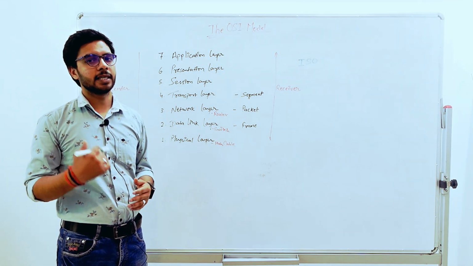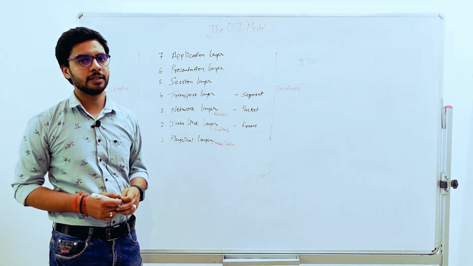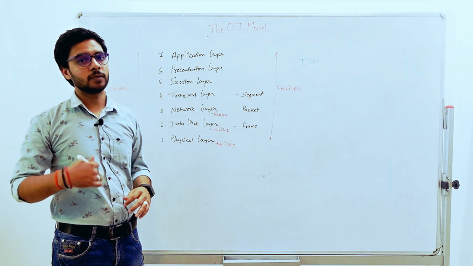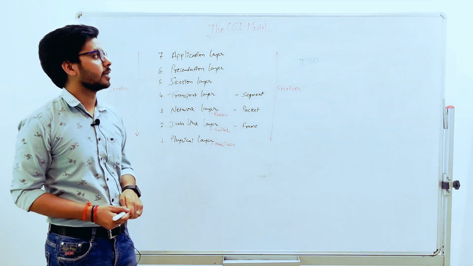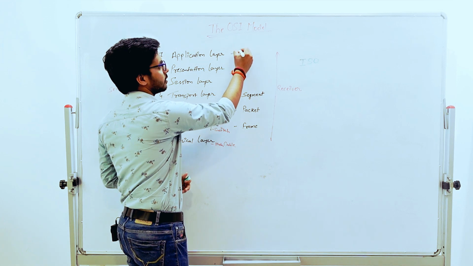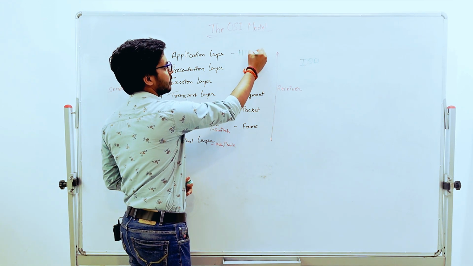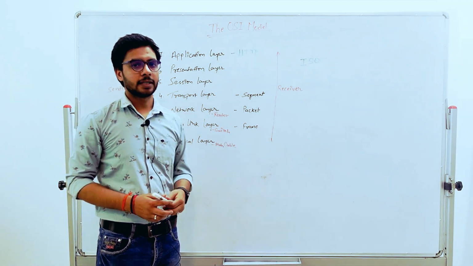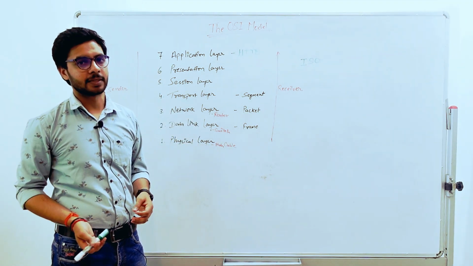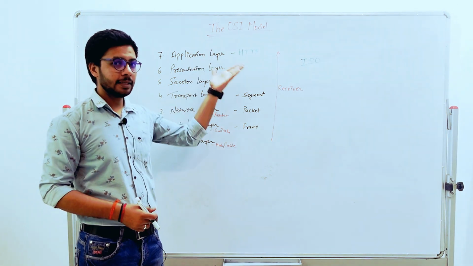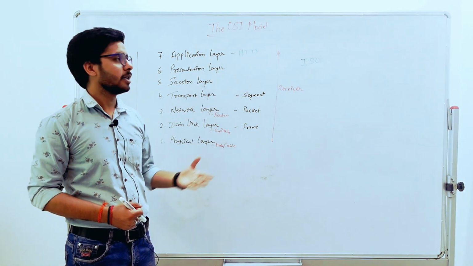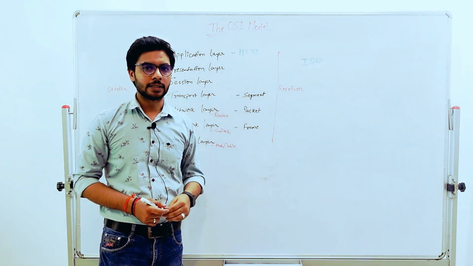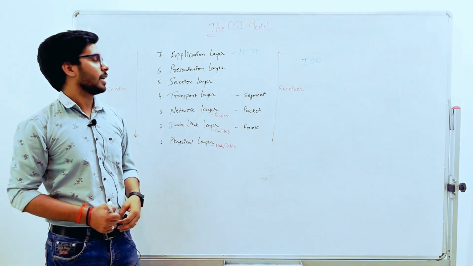Let's say if I'm saying that you are using a web browser for initiating the communication, your web browser itself is not the application layer. Your web browser depends on the application layer protocols. If I talk about some application layer protocols, one example you can take is your HTTP protocol, that is hypertext transfer protocol, used for accessing websites. So your applications are not the application layer themselves, but they depend on the application layer protocols to initiate the communication. Okay, so that is the task of your application layer.